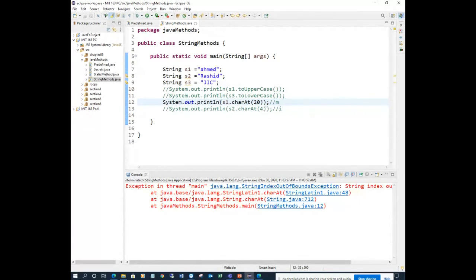So we need to be very careful when we specify the index value. That is how the Java compiler helps you find errors at compile time as well as at running time. When I run the program it can give errors before running, at compilation, and at running time it will also throw exceptions. These are exceptions. So this is one thing here.